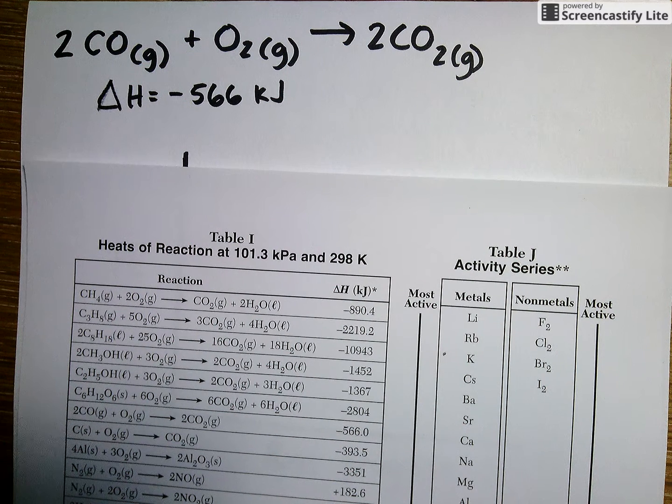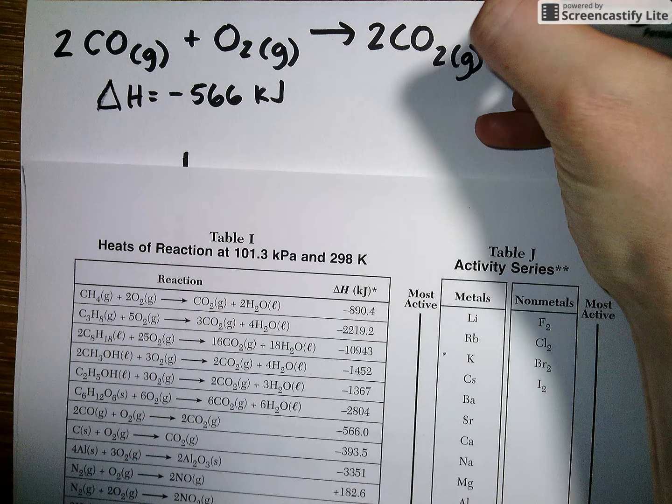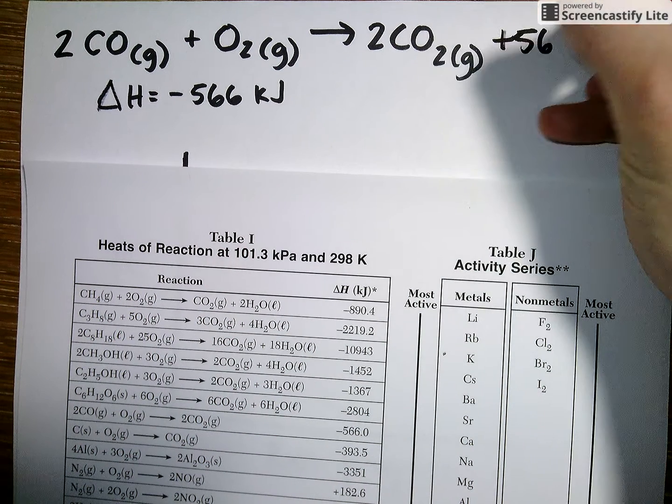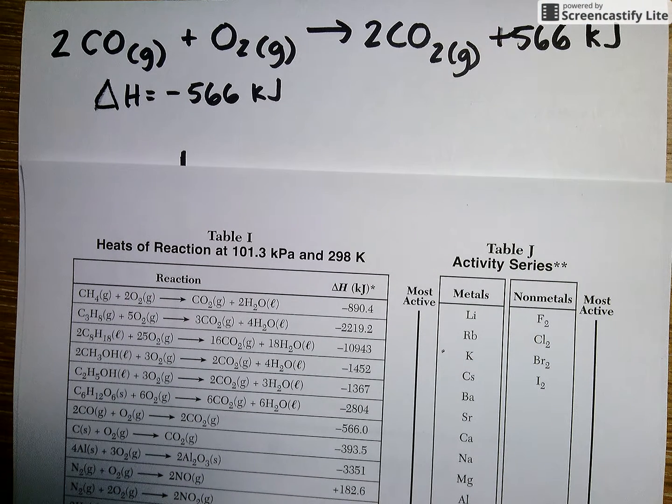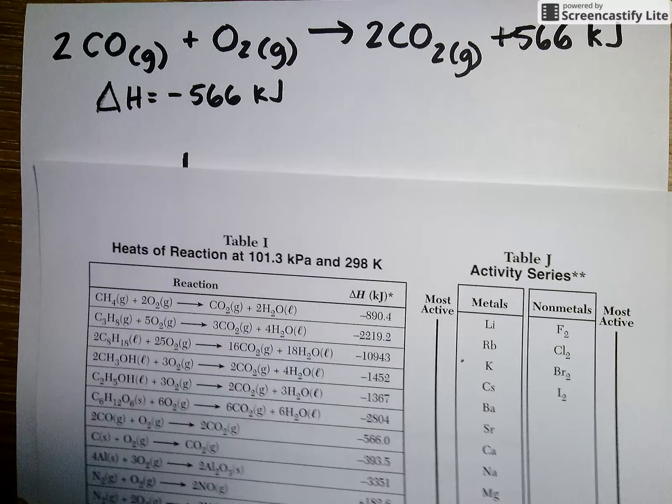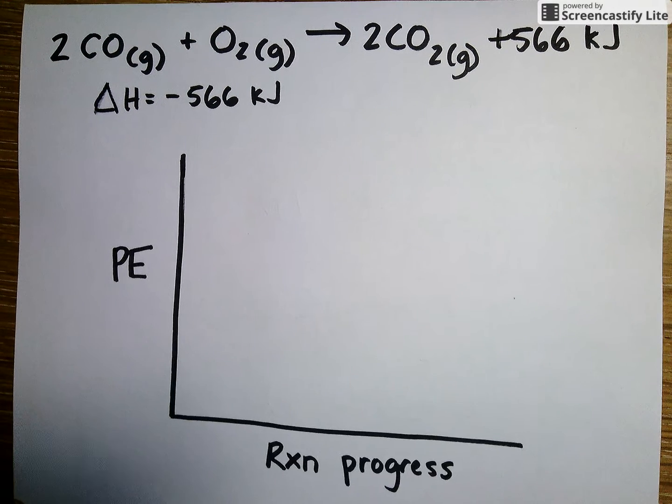Now, think carefully about this. Negative heat doesn't make a whole lot of sense. Heat is produced. How much heat? 566 kilojoules. So I'm going to add 566 kilojoules as a product of this reaction. And from here, we're going to be able to draw the potential energy diagram that shows and tracks this change